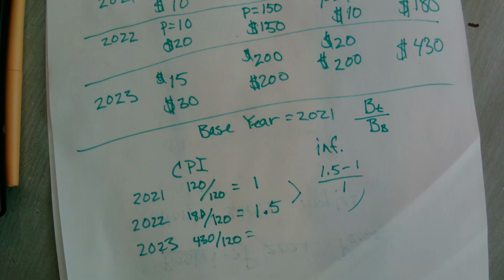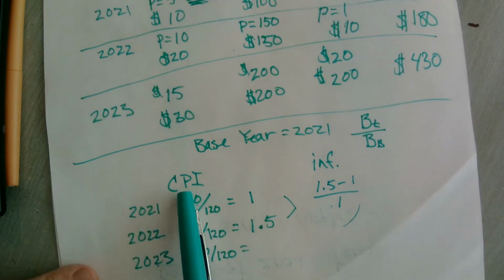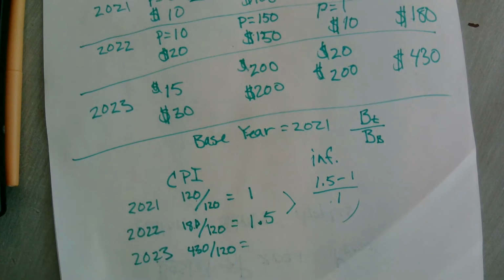Now, I will say this is the consumer price index. There's also the GDP deflator. That's another type of price index. There's a producer price index. The GDP deflator is a price index that has a basket very different from the CPI, and very different from what goes in the producer price index. Does that make sense? Because consumers don't really consume the same types of things that businesses do when they produce things. So it would make no sense to use a CPI as your price deflator if you're trying to adjust for something like GDP. I'll show you in the next video here in just a second. And that's it. There it is.